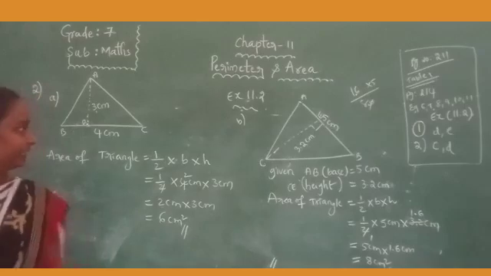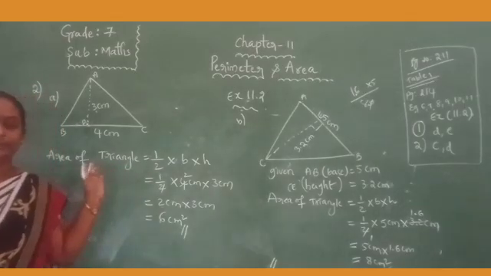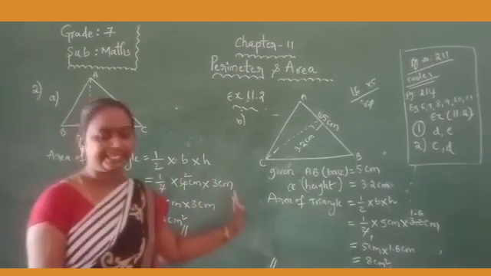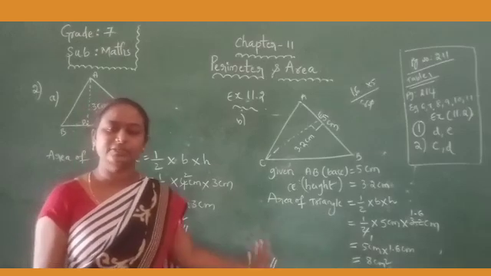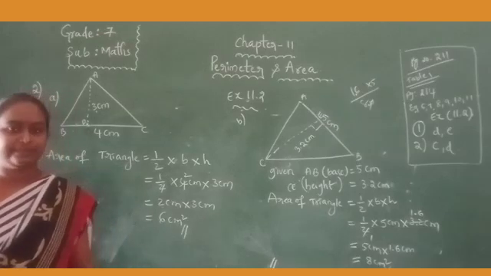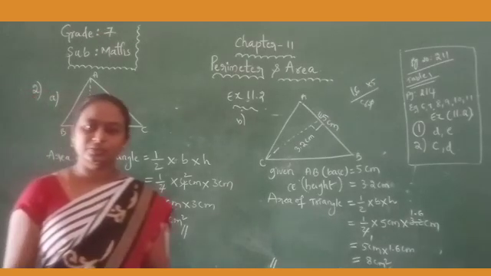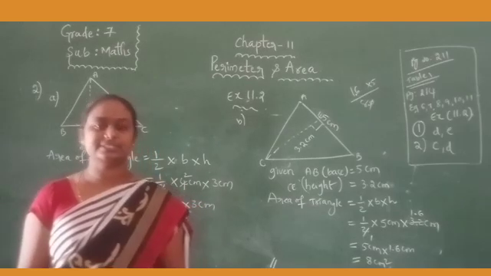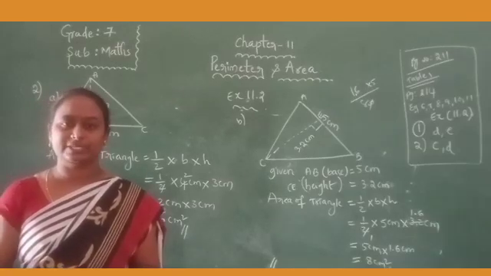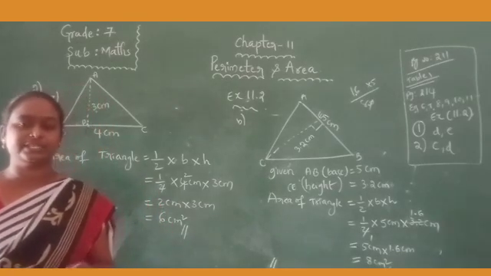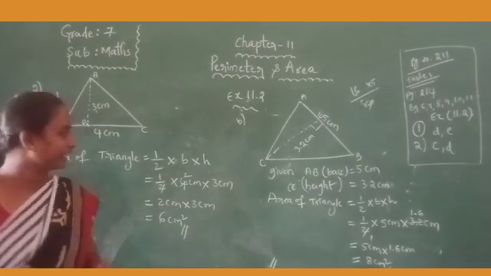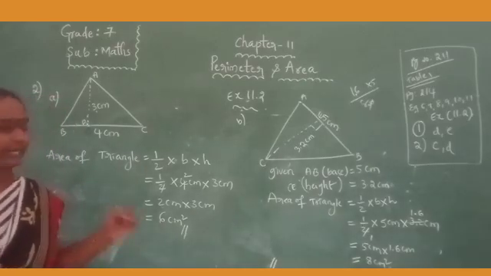So tell me once again, what is the area of a parallelogram? Area of parallelogram is equal to base into height. And area of the triangle is half into base into height. These two formulas you have to remember. And I give an activity here, which you have to do on square paper. In the 6th class you drew such figures using graph paper, that is square paper. Like that here also find the area of a parallelogram using square paper. You can use the formula for the area of a parallelogram and solve.